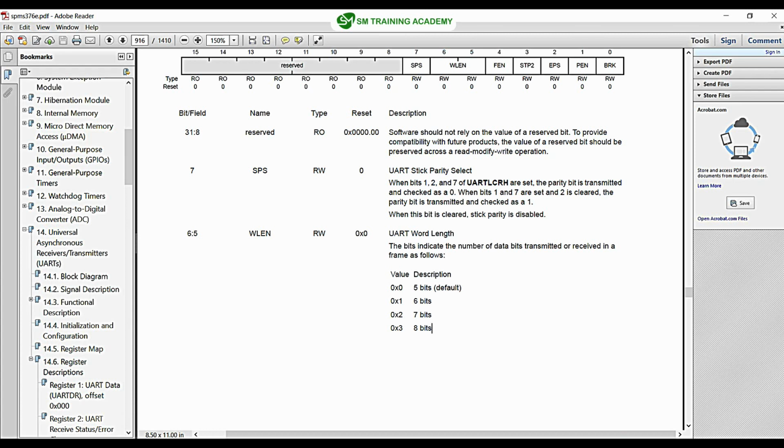So the casual word length that we will be using in UART communication is 8 bits. So we just want to transmit at least a byte of data through UART once you are transmitting. So that is why we are just commonly using 8 bits as the word length for UART communication. So we just want to configure these two bits to be 1, 1 or 0x3 for setting the word length to be